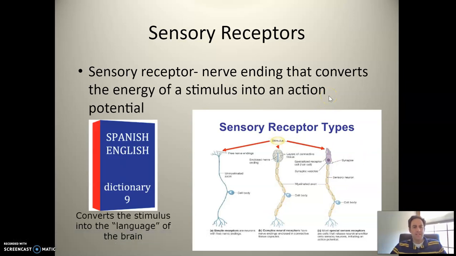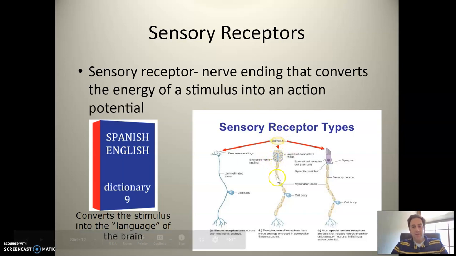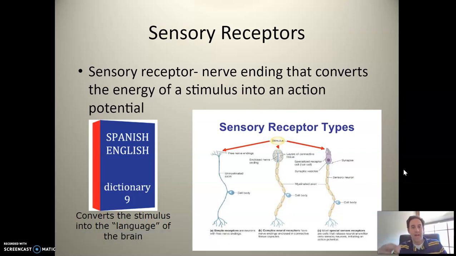Think of this like a Spanish to English dictionary. These cells speak two languages. They speak the language of the stimulus and they speak the language of the nervous system, which is action potential. So if the right stimulus hits them, they're able to convert that into an action potential that sends a signal to your brain. And then it's your brain that actually makes sense of that and creates the perception that you